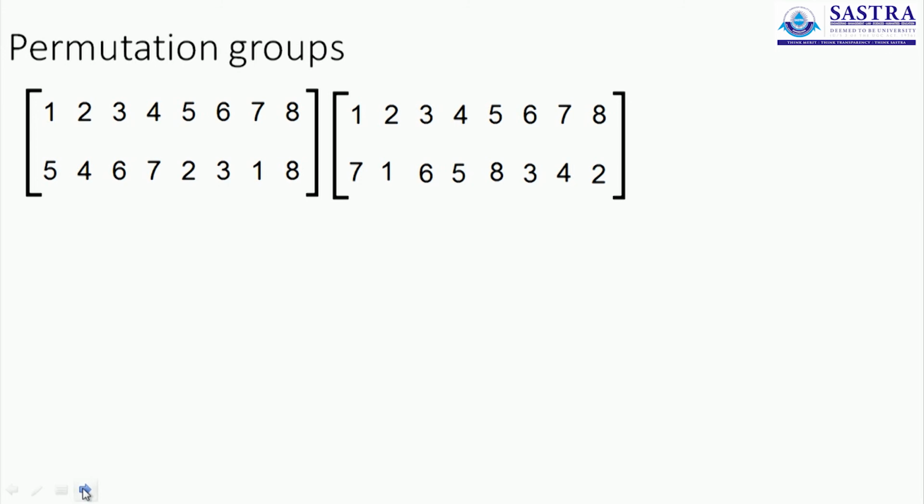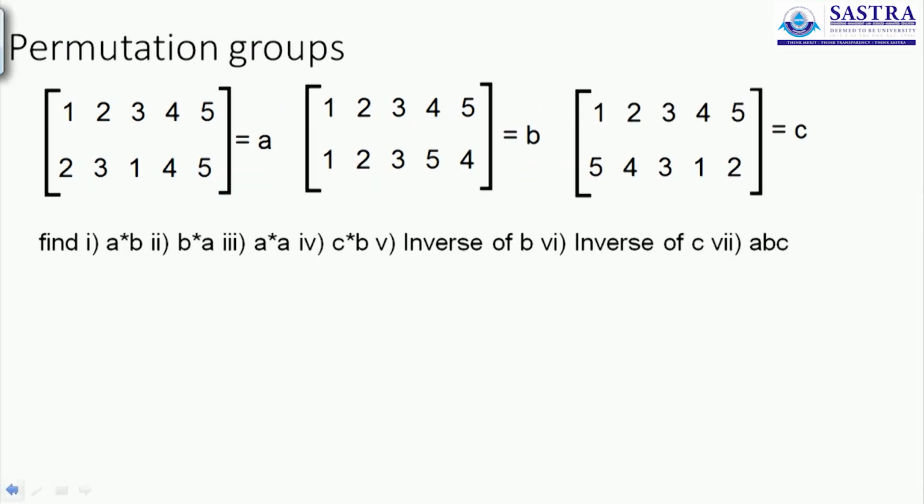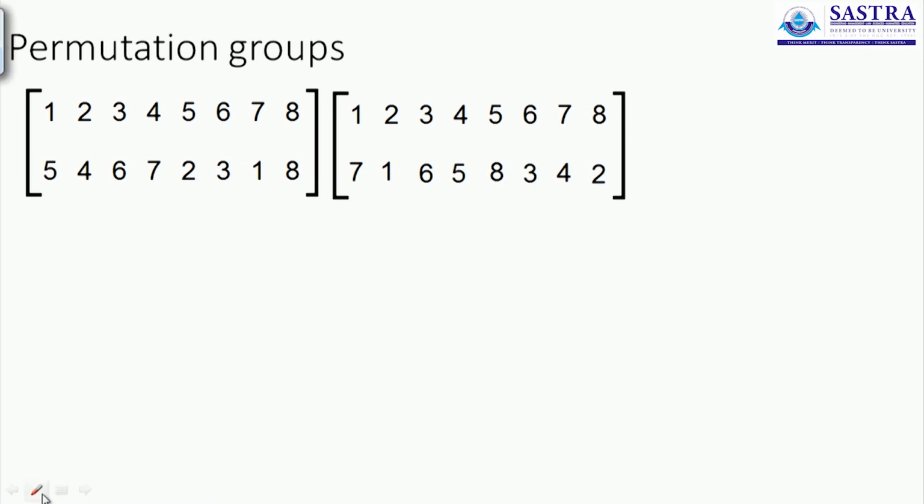Now this time around I want you to try something different. To sum up this set of exercise problems, let's call this A, let's call this B. I want to find the inverse of A star B. I want you to find A star B first, and then find the inverse of it. Finding A star B is not very difficult, you have actually done it some time back, but I want you to find the inverse of A star B.